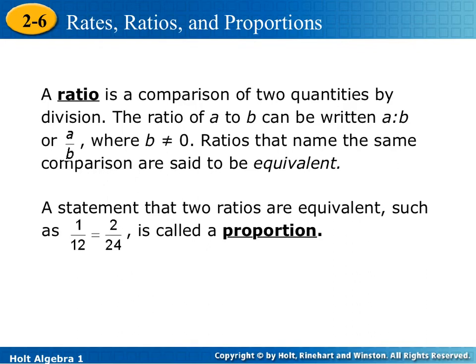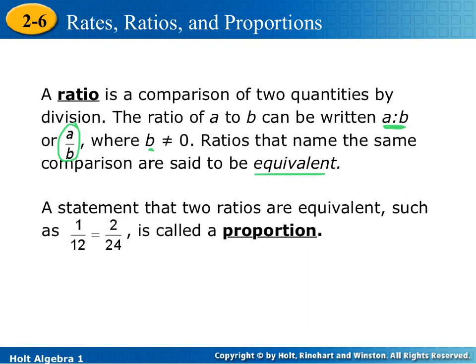We're talking about ratios. A ratio is a comparison of two quantities by division. So when we write the ratio, we can use that little colon sometimes. Oftentimes we write a fraction, as long as that denominator isn't 0. Ratios that name the same comparison are said to be equivalent. So equivalent ratios,